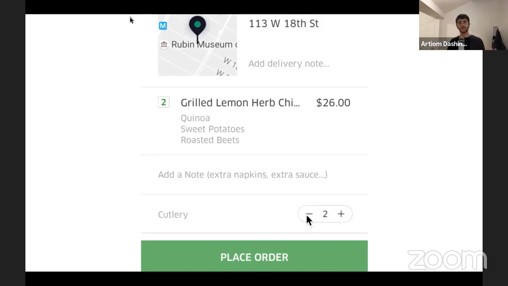Uber already knows where I live. So when I order food to my home, they can safely assume that I already have cutlery at home.